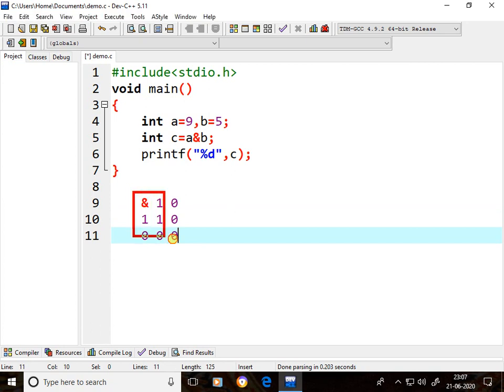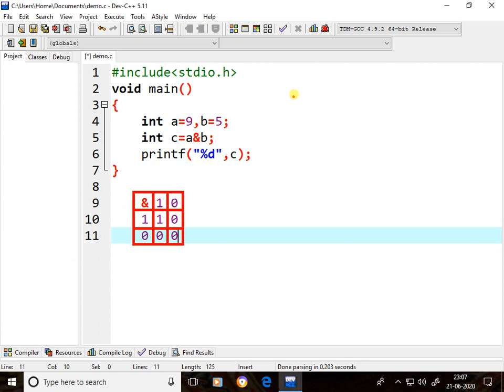So the bitwise AND operator works like this: if both are 1, then only 1. Here a value is 9, b value is 5. First 9 is converted into binary format, and 5 is converted into binary format. On binary data, this is applicable.